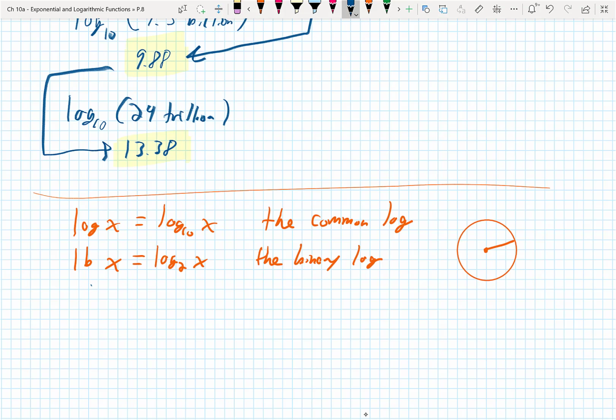But I'm going to make a little bit of a gap here because neither of these are the mathematical log. They are not the log you will use in most of the calculus and pre-calculus stuff that follows. That is not a log base 10. It is not a log base 2. It is a log base e, which of course raises the question that you're going to groan at,